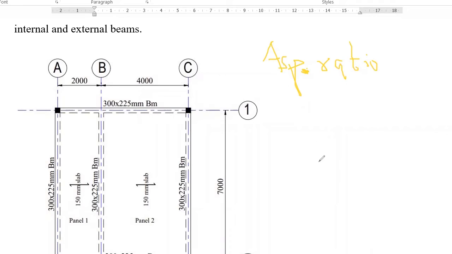Now, this aspect ratio is the ratio of my longer span to my shorter span, right? So we know that if the ratio results to a value less than 2, automatically we can take that to be a two-way slab,